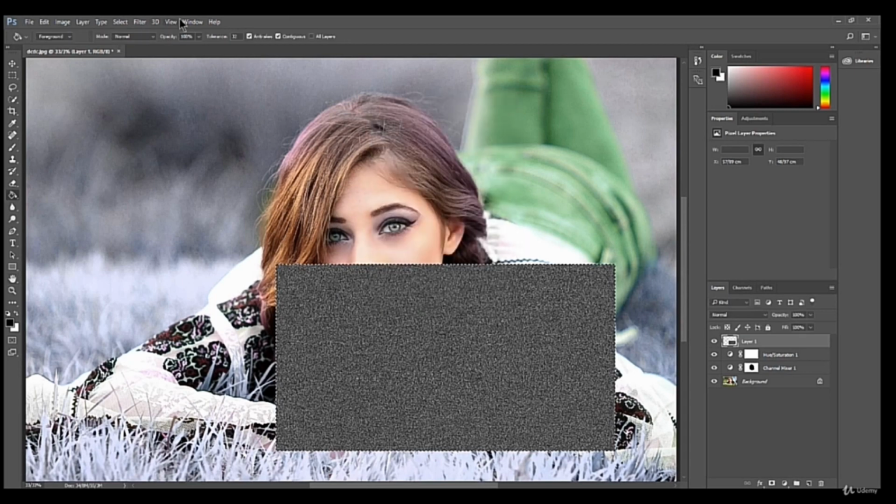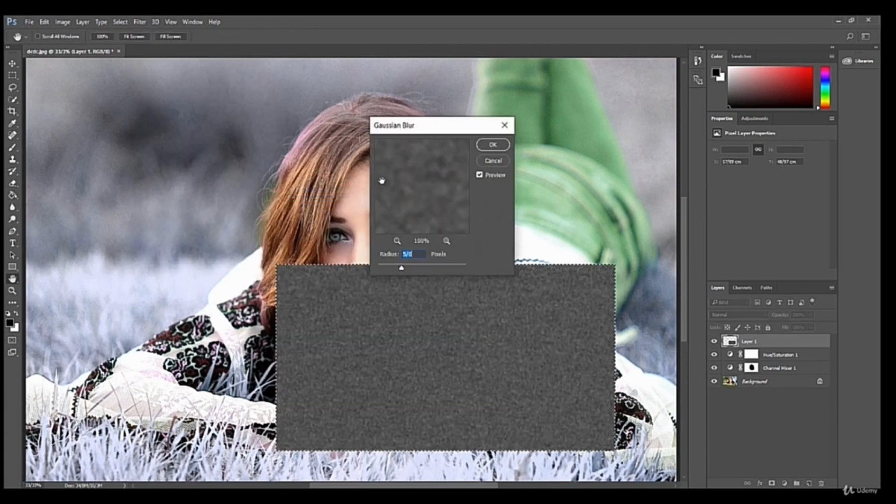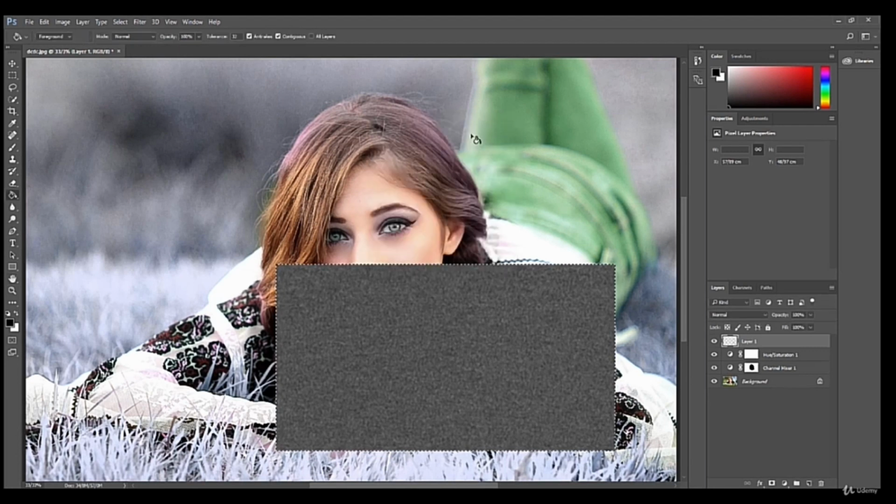Okay, and go to the filter and blur, Gaussian blur. Insert radius 5 in this photo. Click OK and go to the image,